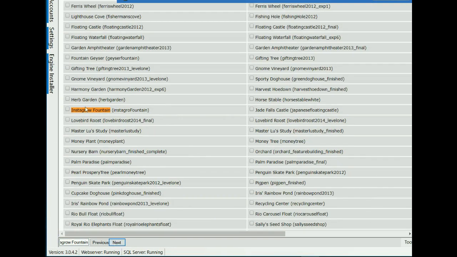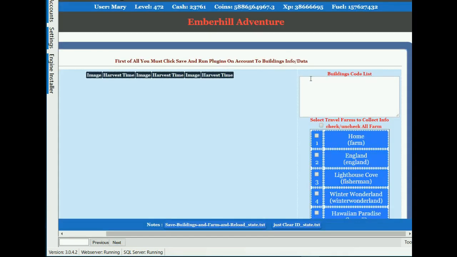You can see instant grow fountain here. Then just copy this long database name and paste it over here to this white box. But when you paste it over,